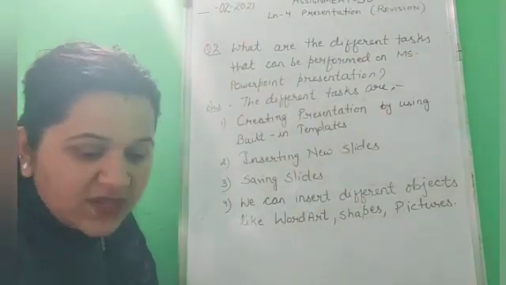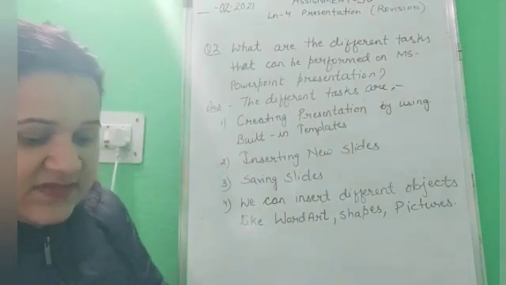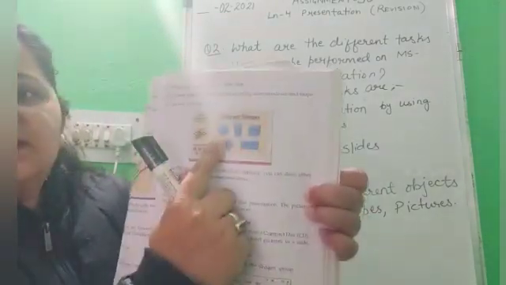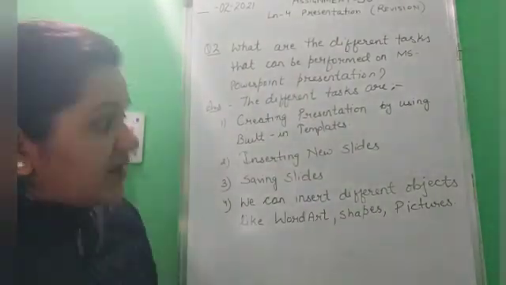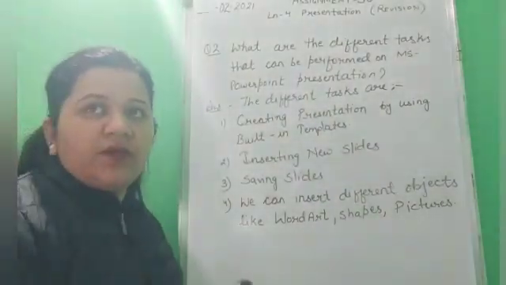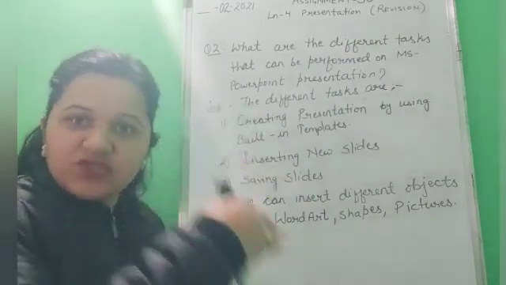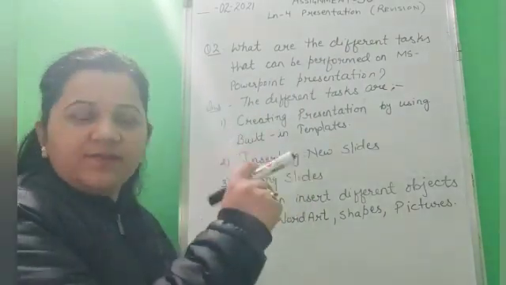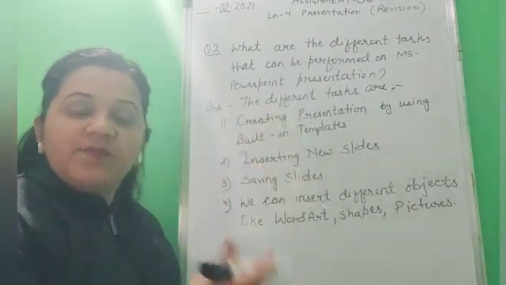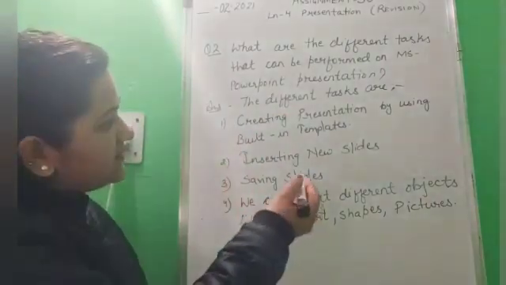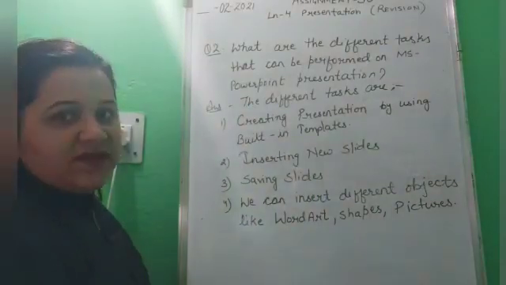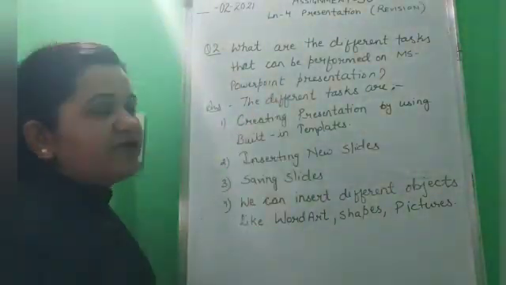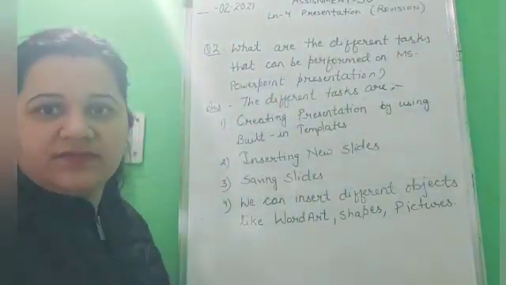If we want to insert shapes in our drawing, in our slides like this, these kinds of shapes we can insert in our presentation slide. Pictures also: if we want to write about anything, we can insert its picture also by defining its various parts. Okay, so that is how we can insert these different objects in our PowerPoint presentation. So these are the different tasks that we can perform on a presentation.